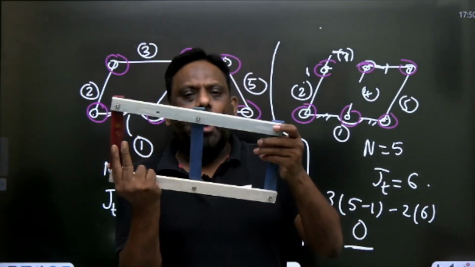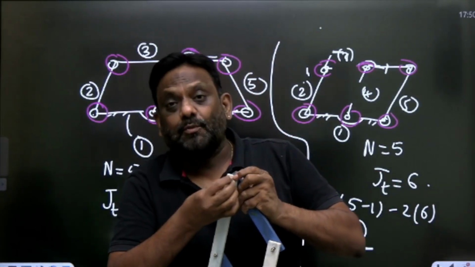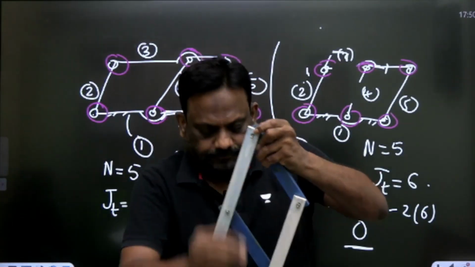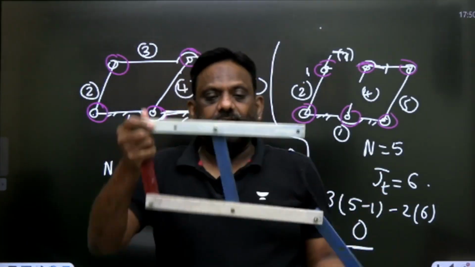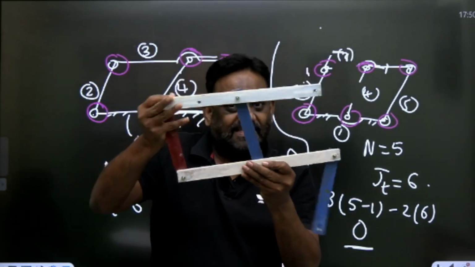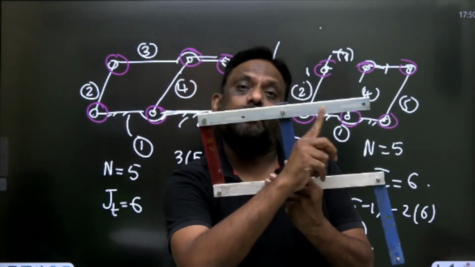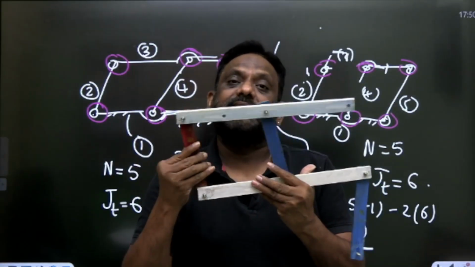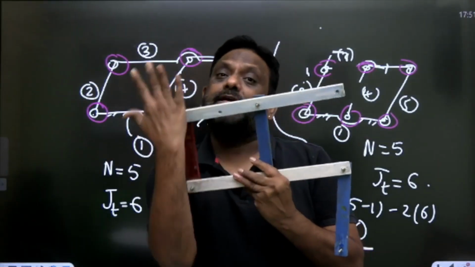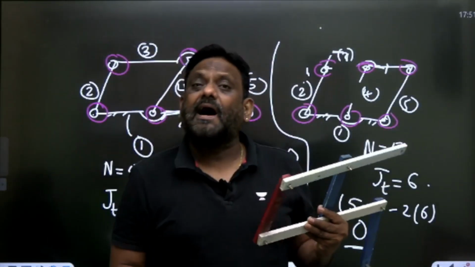No. Out of these three, any one is redundant. For example, I'll remove this end. I'll remove the blue one. See, if I remove the blue one, yes, see the motion, input and output are exactly the same. So why? Because parallel, how much is this moving? This is also moving by the same amount. That's why there is a mobility. But in the previous case, this and this were not the same. Therefore, it is locked. So out of these three, any one is a